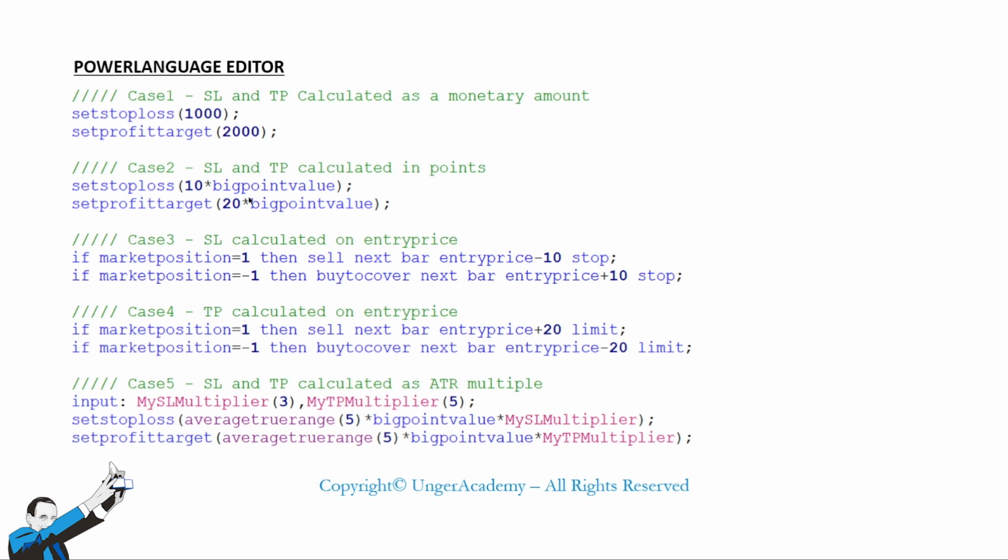In the following case, we see that the two reserved words are called in the same way, but with the difference that inside the parentheses, the money amount is calculated as a distance in points. In this case, it's 10 points for the stop loss because it's multiplied by the big point value, which is another reserved word that extrapolates the value of the 1 point move of the underlying asset that we're trading on from the quote manager. What you do need to keep in mind in these case scenarios is that by using the set stop loss and the set profit target reserved words, the stop loss calculation in live trading isn't done on the theoretical entry price of the strategy, which would be the correct price, but on the price adjusted with slippage.